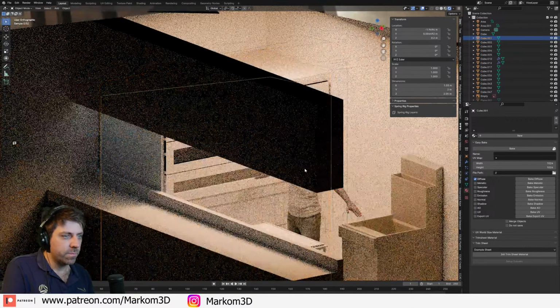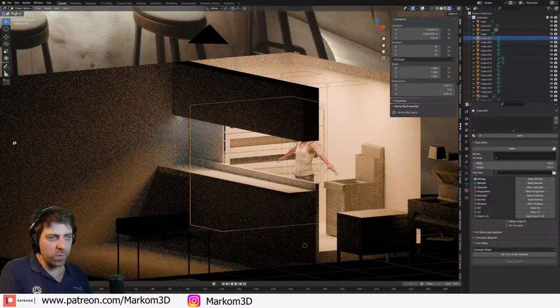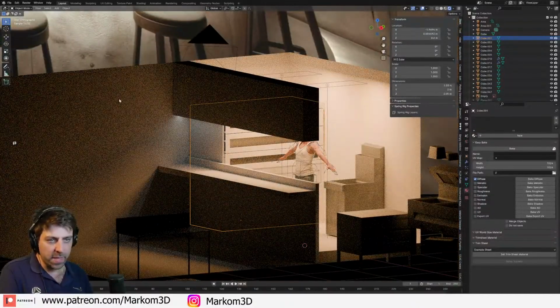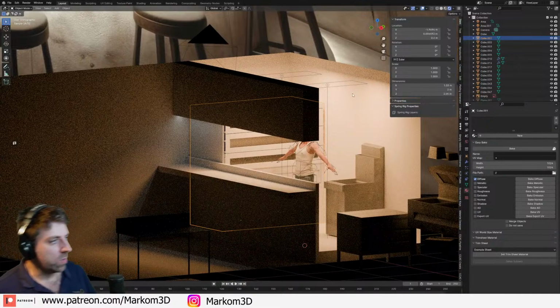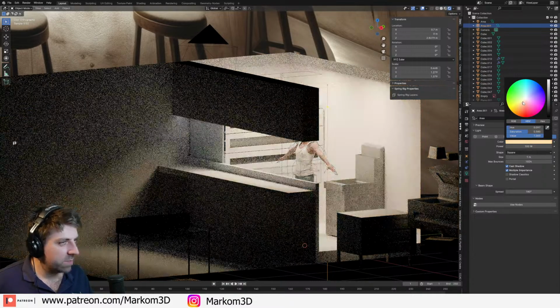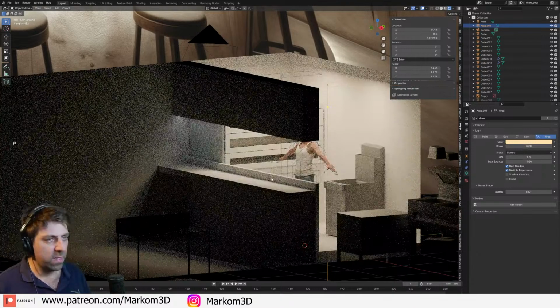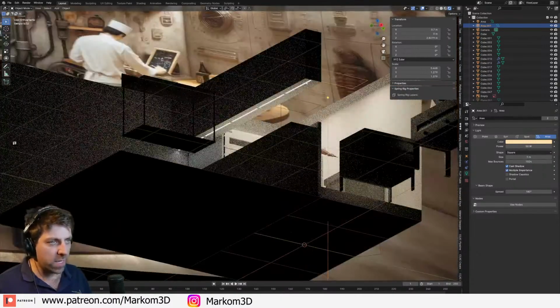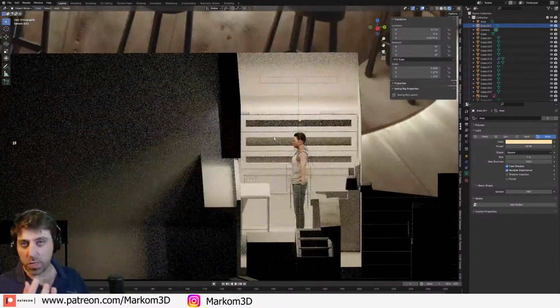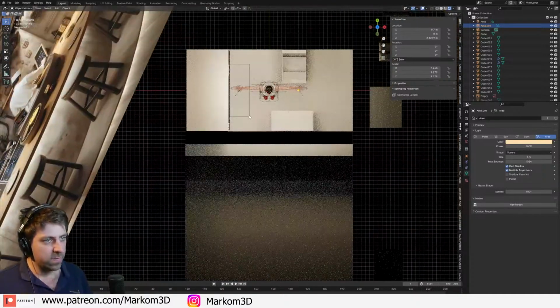So yeah, this is the idea that I was thinking. We've got our blue lights. Maybe this section over here. I think it's a bit too orange. It needs to be just a smidgen. And we will bring this down to probably about 50. There we go. So we do have a little bit of blue lights. We might actually have to put lights in there. And then maybe out here,